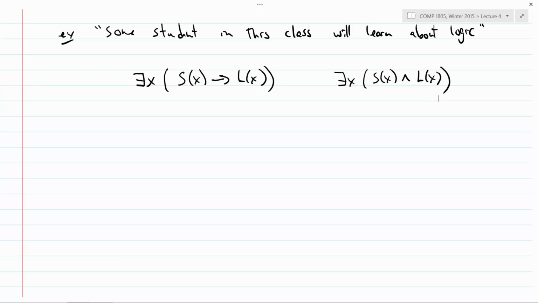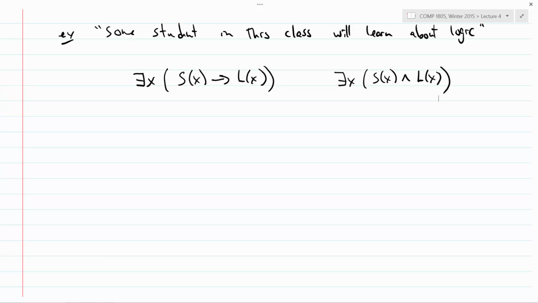Yeah. It sounds like you're on the right track to me. So think of it this way. If I said some student in this class will learn about logic, do you think that you would be able to point to such a person? Would such a person definitely exist? Am I asserting that there really is a student who's in this class and knows about logic? If I said that. Yeah, right? That seems like it should be the case. At the end of that sentence, we should be able to find someone in the room and say, you're the X that's making that true.